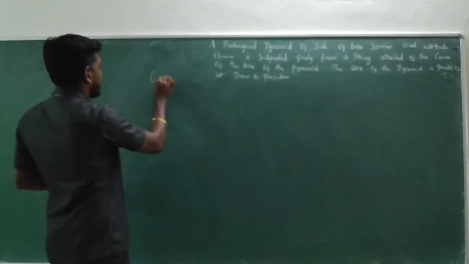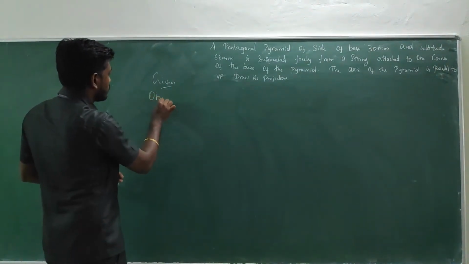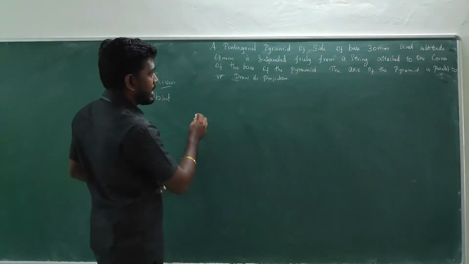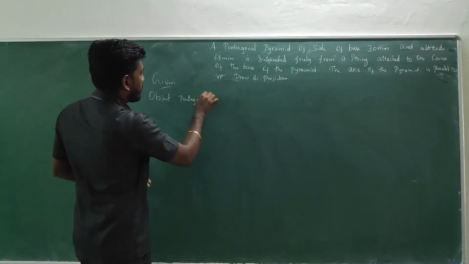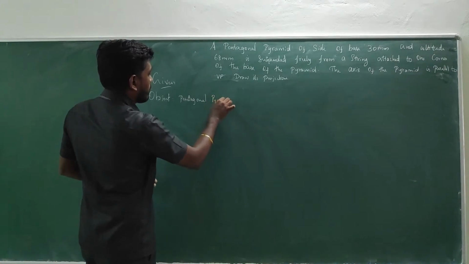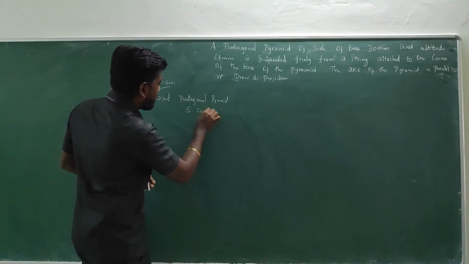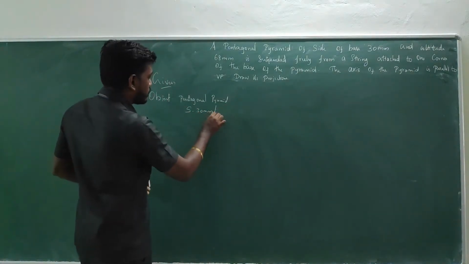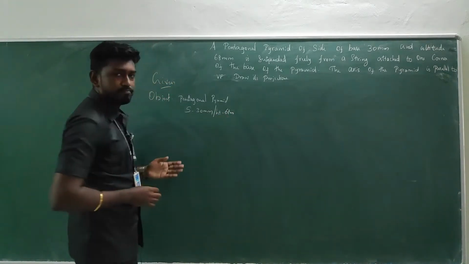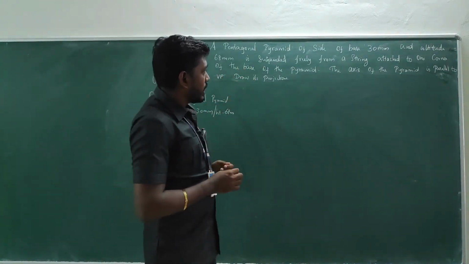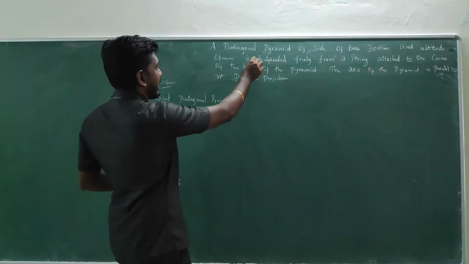For this we are going to take the given data. What is the object given? Object is pentagonal pyramid and base side is given as 30 mm. What about the altitude, the height? Height of the object is 68 mm. Okay, and see, there is no resting and there is no axis inclination, but a special kind of condition.